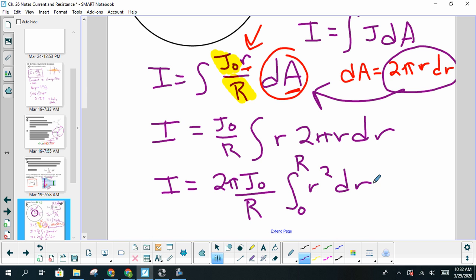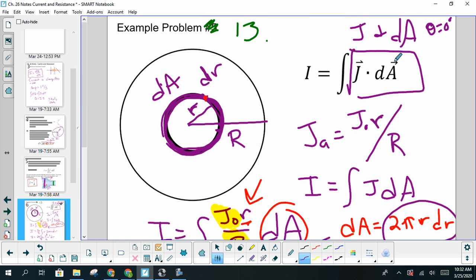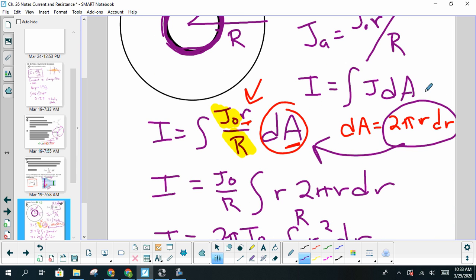The two big ideas that you needed to get out of this are the following. That this dot product you have to deal with. So our cross-sectional area that we've chosen has an area that is in the same direction as the current density. Remember, area vectors always point perpendicular to the surface. So if we think about the wire that you see in front of you, if the current is coming directly out towards us, that area vector is also pointed directly out towards us, right? Because it's perpendicular to that area. So that allows us to simplify this dot product, get rid of the vectors,